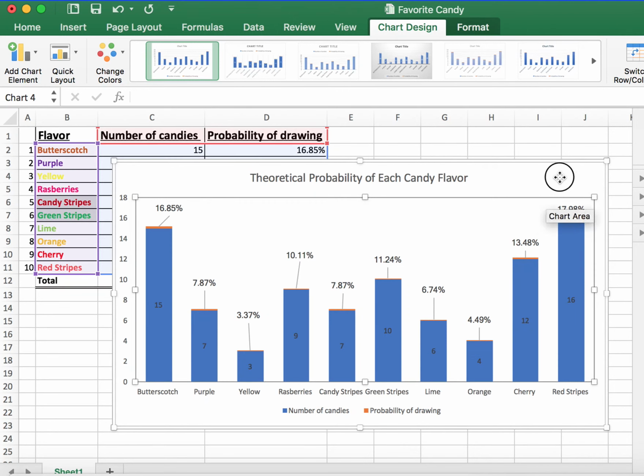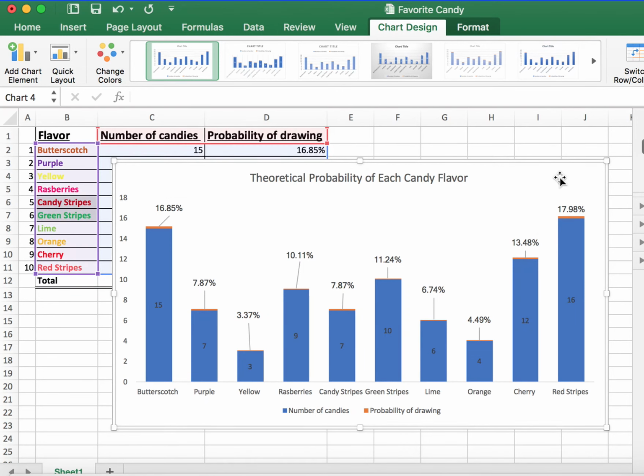Okay, so your chart is ready, and one other thing you need to